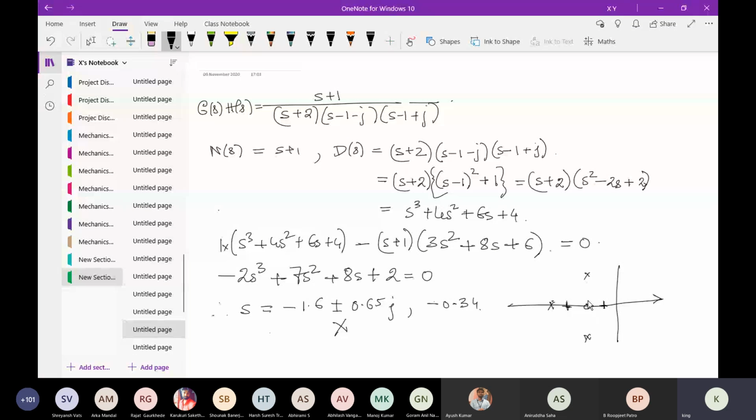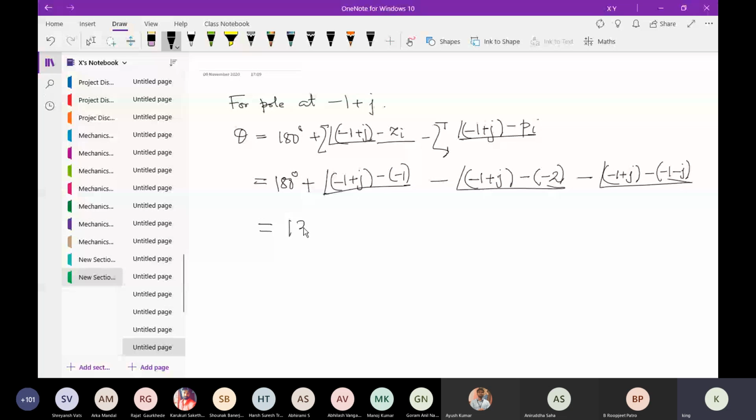So these angles, as you can see, if you are considering this, there will be a 45-degree line involved. From here there will be a 45 degrees line involved. Then there will be another 90 degrees line involved, and there's a 90 degree to this other pole, whereas this is 45 degrees. So we will basically land up with 135 degrees.